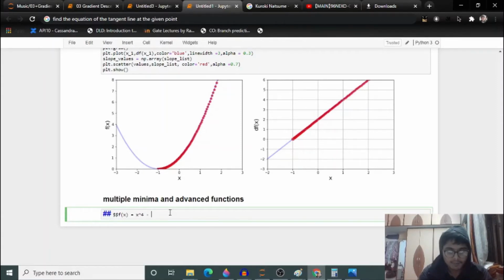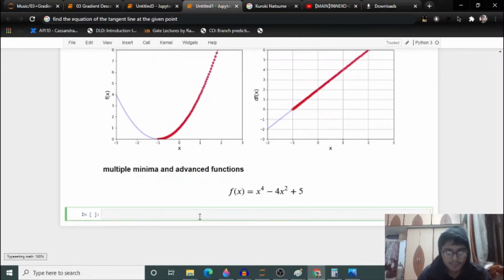Let me put a gap here because LaTeX won't understand. Then 4x square plus 5, and I will close the dollar. After executing that you will see this function in the middle. So let's code it in Python.